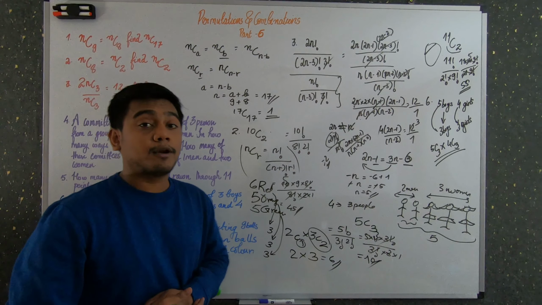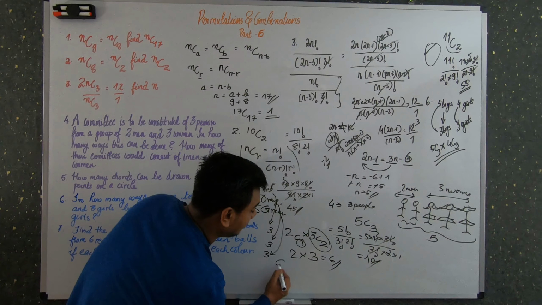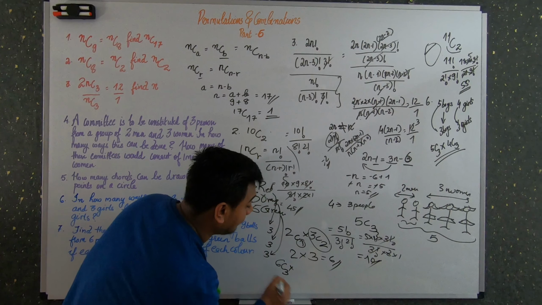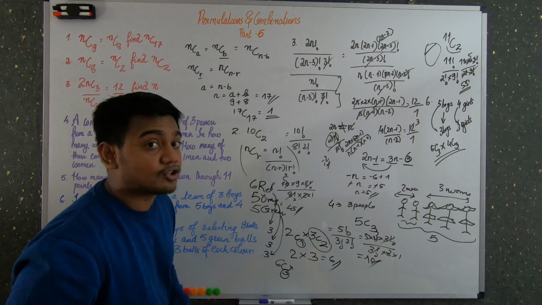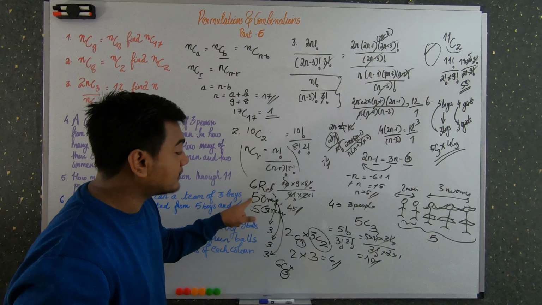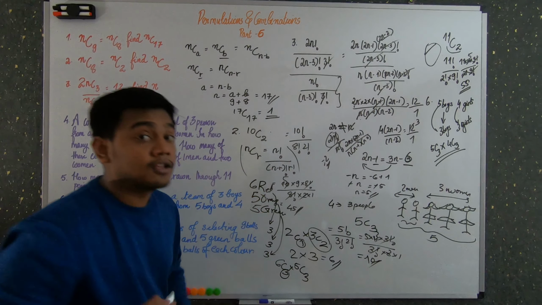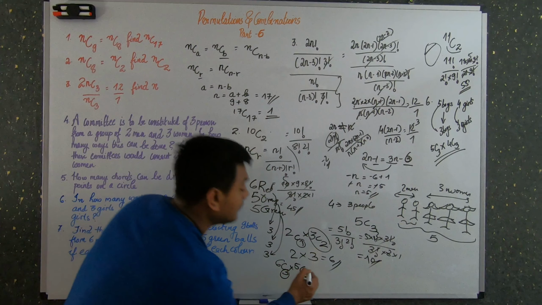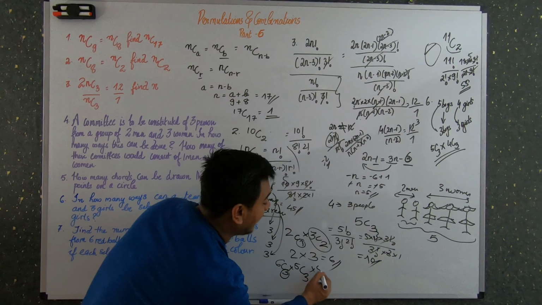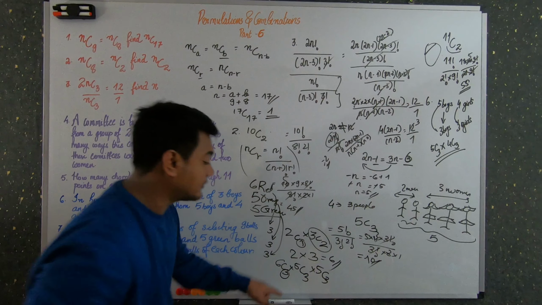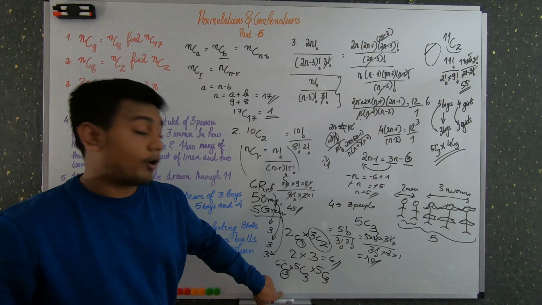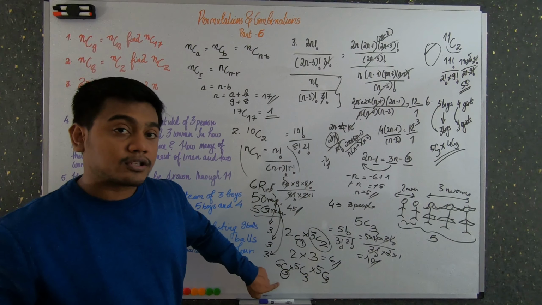So what are the possible combinations? 6C3. There are total 9 balls. So 3 I have already selected. So what is the left ball? 6. And from the orange, I have to select from 5 balls, 5 orange balls I have to select again 3. So what is again the left number of possibles? Again from 5 green balls I have to select 3. So this is the number of possible combinations.